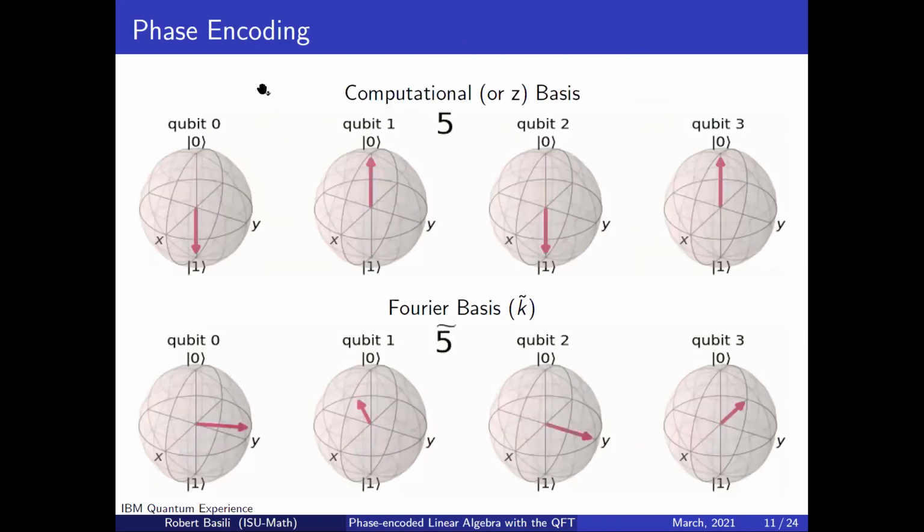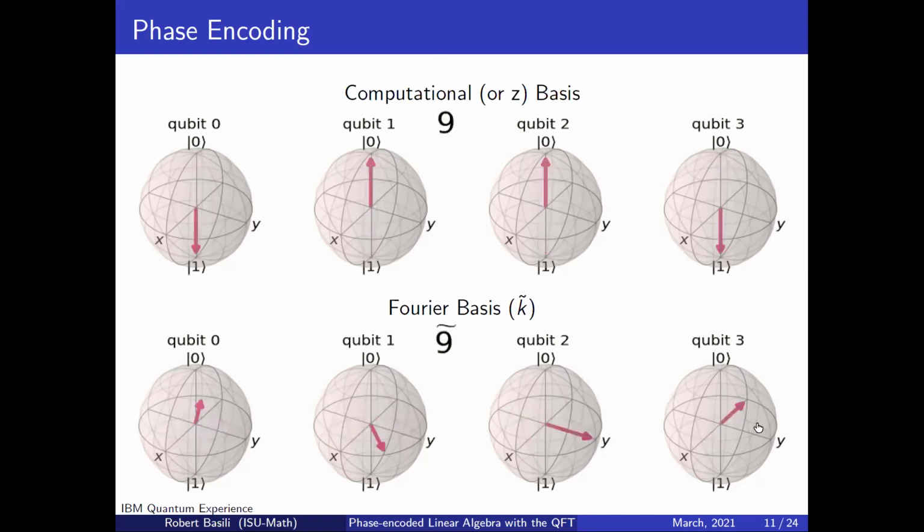And so now, with that said, we can talk about phase encoding, which is where I get to introduce the Fourier basis. So this is the computational basis, which is the classical one that you are used to seeing in computer science, where you just have switching between zeros and ones, and you can, for instance, do 2's complement to calculate this number here. The Fourier basis is a basis unique to qubits, where you rotate by phase in the superposition axis,